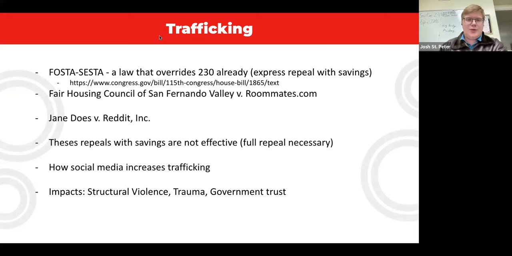And the impacts of this, there's three that I highlighted real quick. The first is structural violence, that trafficking disproportionately hurts minorities and poor communities. There's a lot less resources to find people that are taken, both privately and through things like police, where in areas that have higher crime rates or that overall are poorer, there's less police and higher crime rates, which would lead to less resources to find kids or even adults that are kidnapped and trafficked. That would mean that this would disproportionately hurt these communities insofar as trafficking is occurring in larger numbers.